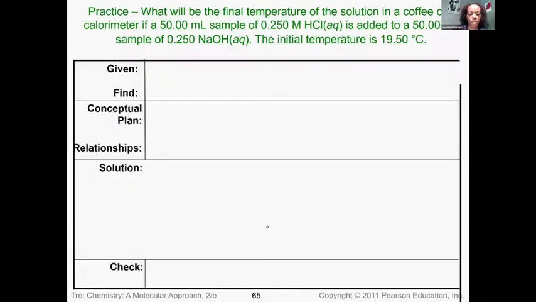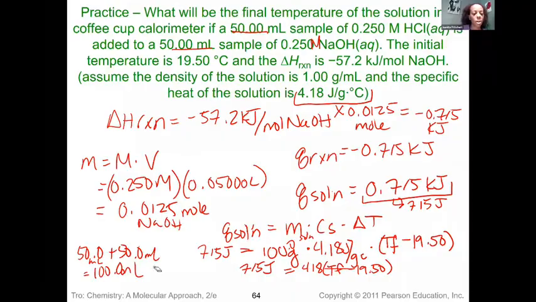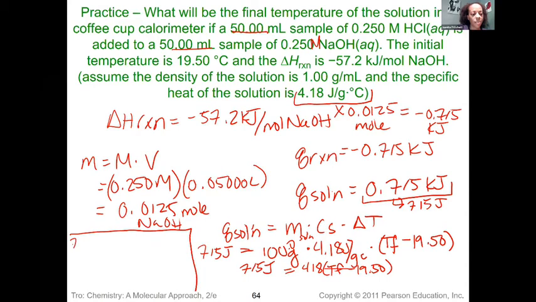Because we're running out of space, I'm going to go ahead and erase this over here just to create some working room. So then we would then distribute. So let's just work over here. We would then say 715 joules is equal to 418 times TF minus, you take 418 times 19.5, and that gives us